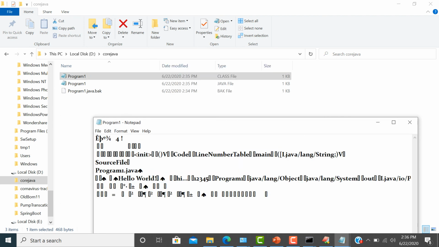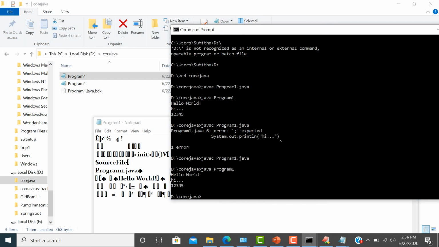Can you see some kind of lines over here? This is what your compiler has generated. This will be translated by your JIT according to your OS. After that, whatever bytecode your JIT has compiled according to your OS, your JVM will execute this code and give us output something like this. So this is how it is going to work. Okay, so this is how your Java program is going to work at the backend.